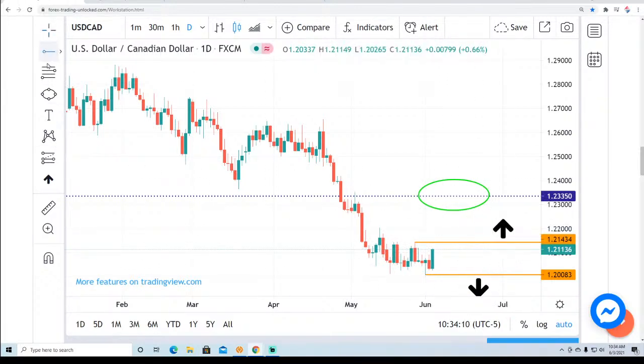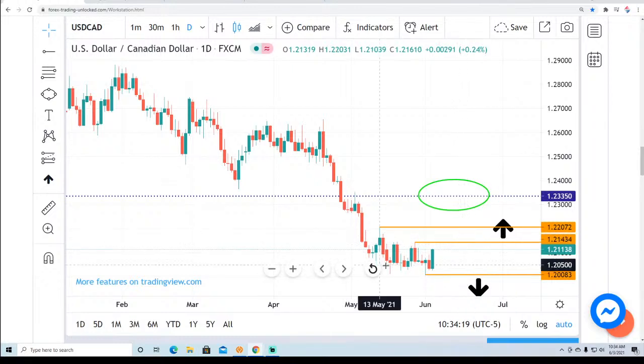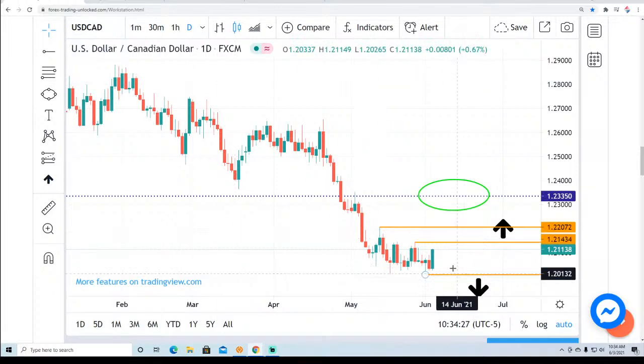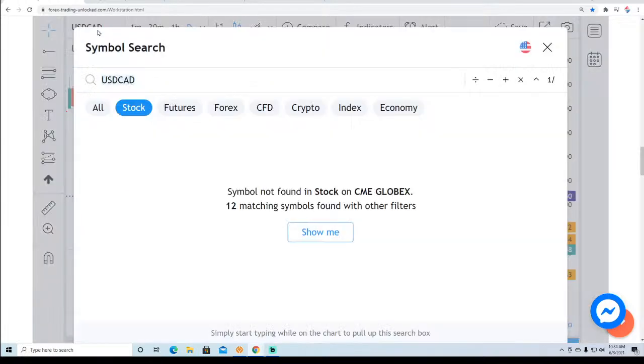For us to really think that we're going to get bullish, we would have to take out this area right here. So 122.07. This is going to be a lot of resistance here. I don't really see us getting into any major breakout, but anything can happen. There is a good, like I said, reward to risk ratio here. All right, now let's look at the